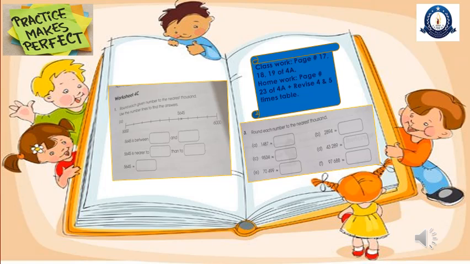Now let's see the classwork pages. Open page number 17 first. On page number 17, the question is: round each given number to the nearest 1000. Now we will round off to the nearest 1000. Look at the number line. 5645 is between 5000 and 6000. Now check which number it is close to, 5000 or 6000. So 5645 is nearer to 6000 than to 5000.